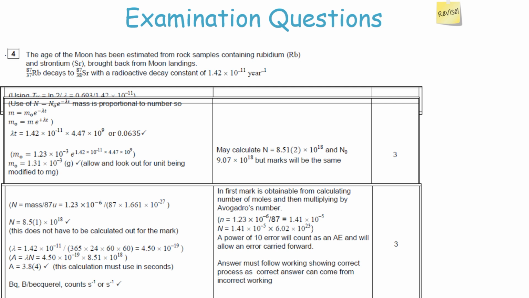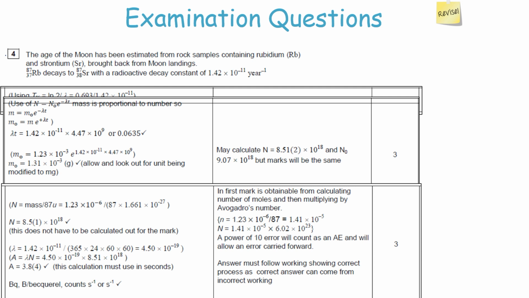nuclei, is going to be equal to the mass divided by the MR. So we work it through by doing 1.23 times 10 to the minus 6, which is the mass, dividing it by 86 times by 1.661 times 10 to the minus 27. So sorry, what I meant by that is not the MR, rather it is the conversion from the atomic units into just kilograms. So you therefore work it through to be 8.5 times 10 to the 18, because what we've